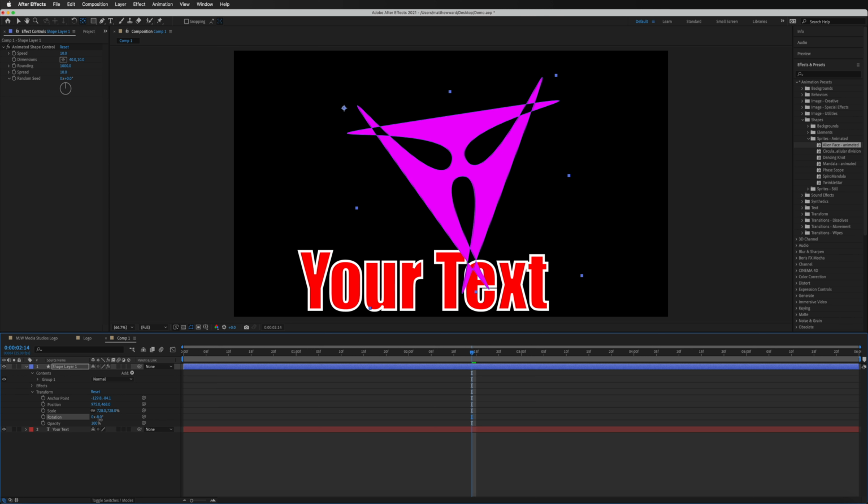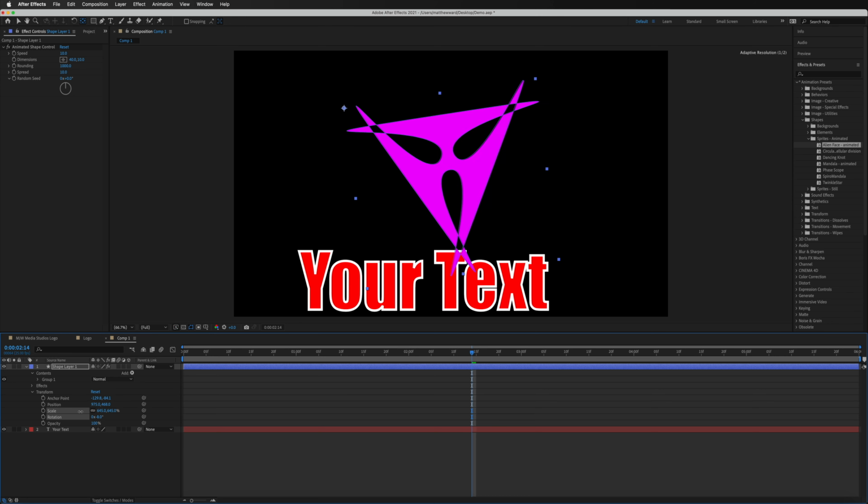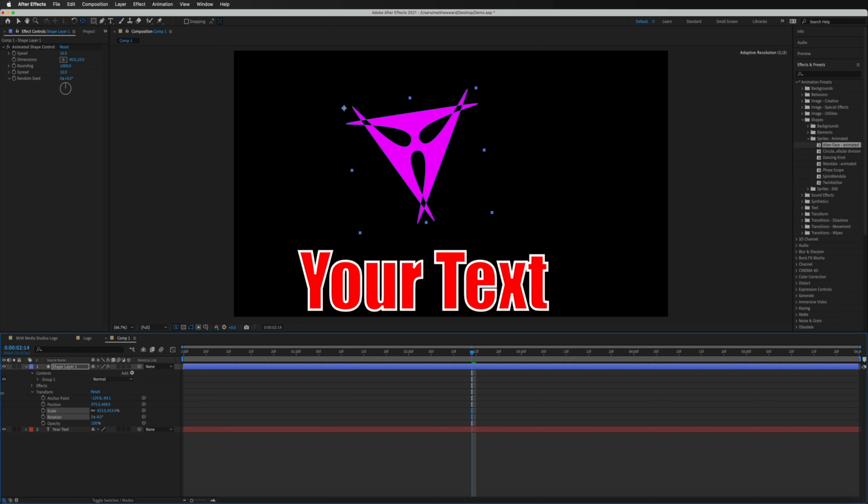So that is going to be the same thing if we go and try and scale this. It's going to scale from this position right there rather than in the center. So if we just quickly change this now, you can see it's starting to pull itself into the left-hand side. And once again, that may not be the way you want to scale. You may want it to scale from 0 in the middle till it gets big enough to fill the screen. So just keep in mind, if things aren't animating the way that they should be, then just go ahead and always check your anchor point to make sure that is positioned correctly. And with that said, we can go ahead and just delete this shape layer now so we can move on.